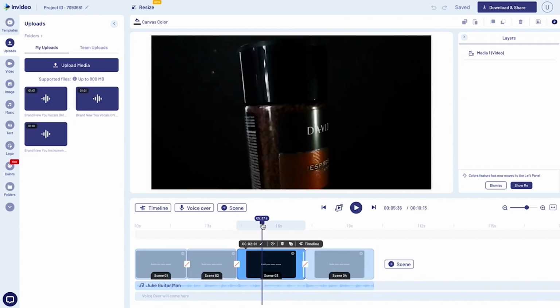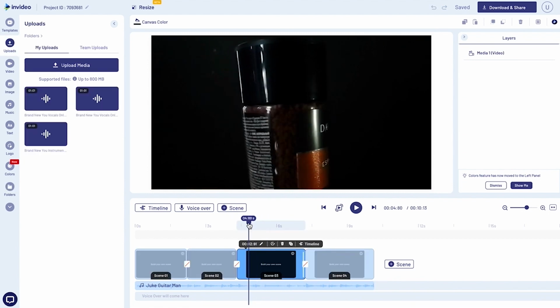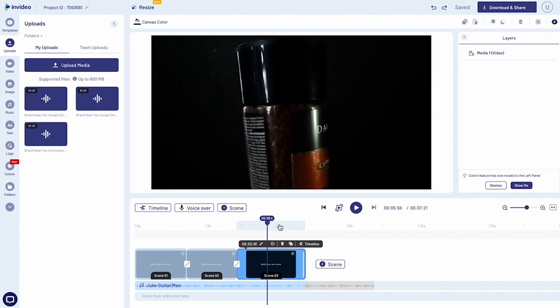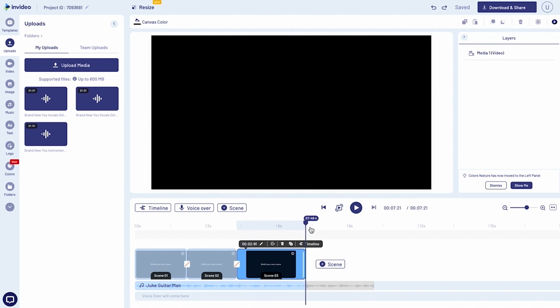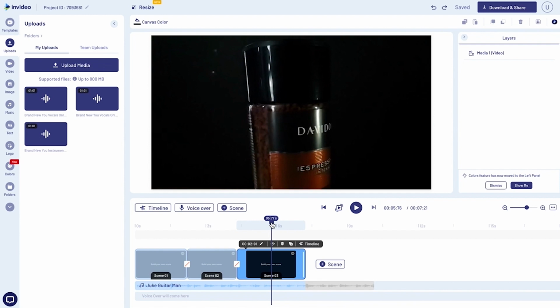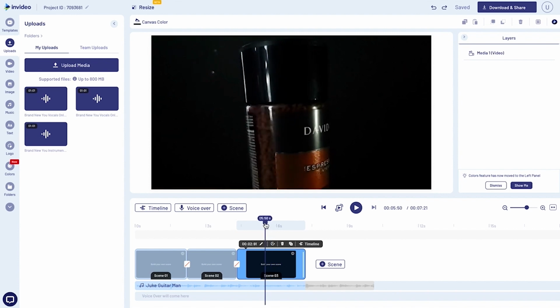I really like this scene, so what I'm going to do is I'm going to divide this scene into 2 parts, and they're going to play at the same time. It's just that the second part will be a more close-up view of the brand Davidoff. So let me just show what I mean by that. I want the whole duration of this entire shot to be till here, but inside this particular time duration I want it to be in 2 parts. So I'm just going to trim it till here maybe,